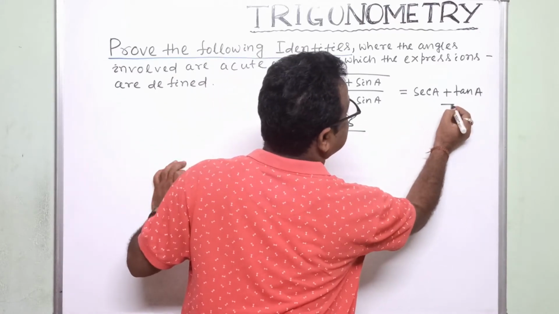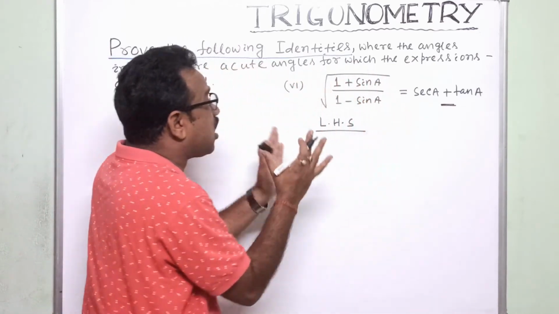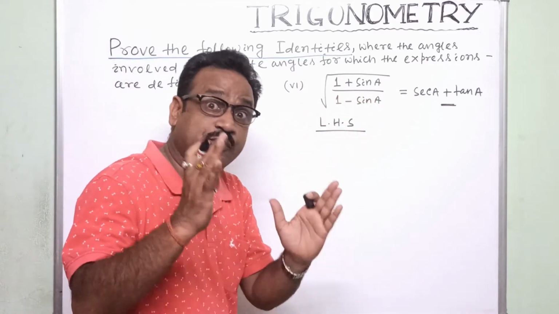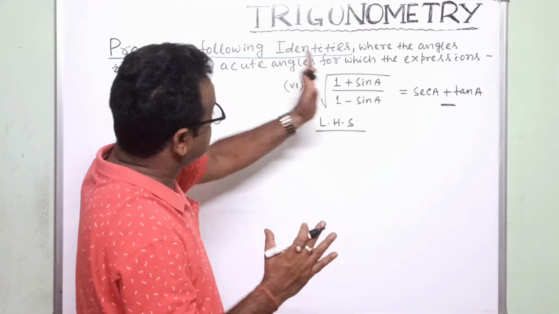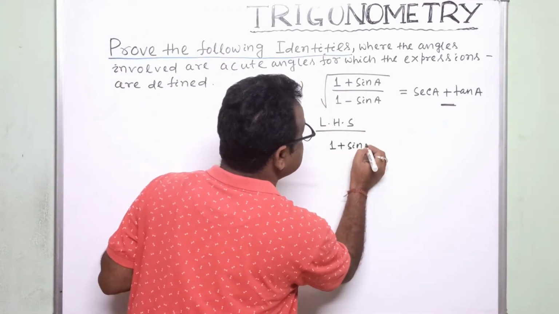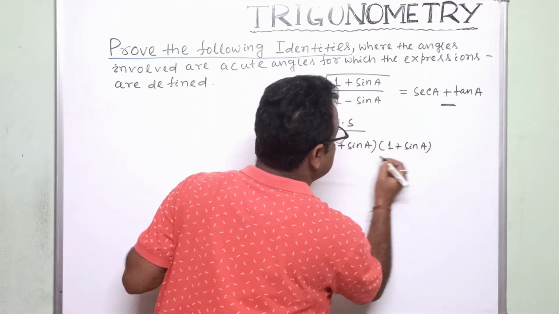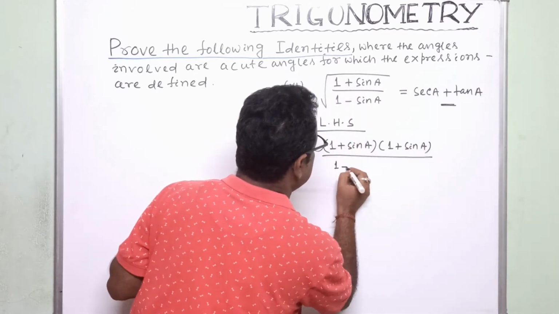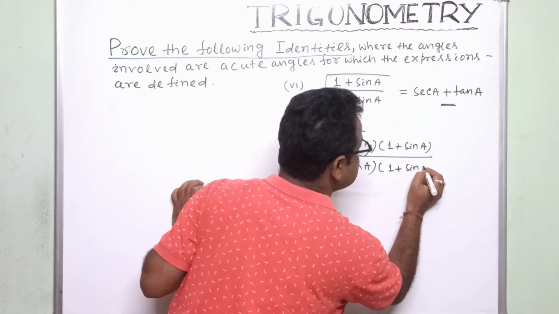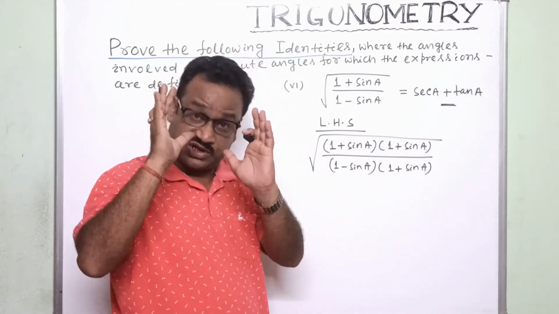Now plus is there. So we have to multiply a term which has the plus sign between these two. With the plus sign, we have to multiply both in numerator as well as denominator, keeping the root over as usual. So now 1 plus sin A by 1 minus sin A, into 1 plus sin A by 1 plus sin A, whole root over. By multiplying this, the value will not change.